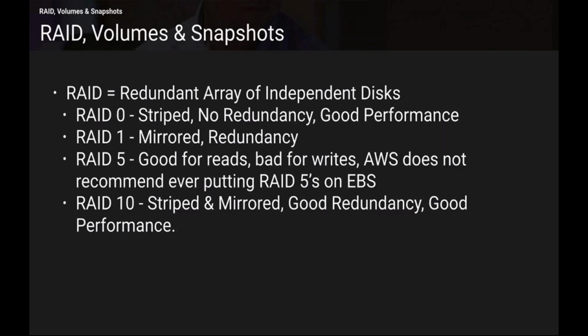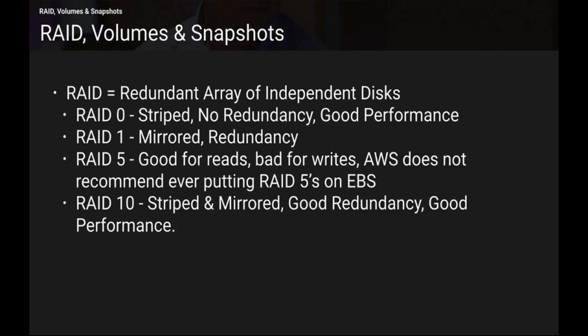Now when we talk about RAID 1, basically it is mirrored and we have good redundancy. Whatever data I'm trying to store into volume 1, automatically a mirror copy of the same gets created in volume 2 as well. So when we use RAID 1, we get good redundancy, but the performance is a little affected. Not much, a little. That's why nothing is written in terms of the performance. So in RAID 1, we get good redundancy and the data is mirrored. So at least if any one of the volumes fails, I still have the data available in the other one.